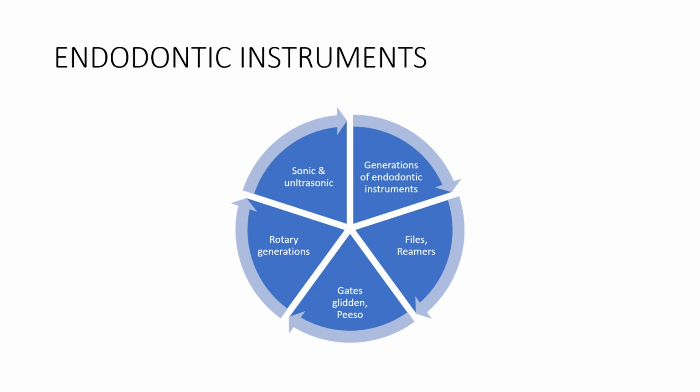So starting from the endodontic instrument, you have generations of endodontic instrument. You have four groups of it. So you should be aware of that and what all comes under each group. And you should know about the basic difference between a file and a reamer. A file will have more number of flutes, that is the distance between the flutes will be very short, which means it is used for shaping action, whereas reamer will exactly look like a file but the flutes will be spaced apart, which means the distance between each flute is quite large. Because of that reason, reamers can have more cutting action compared to a file. So that is a basic difference between them.